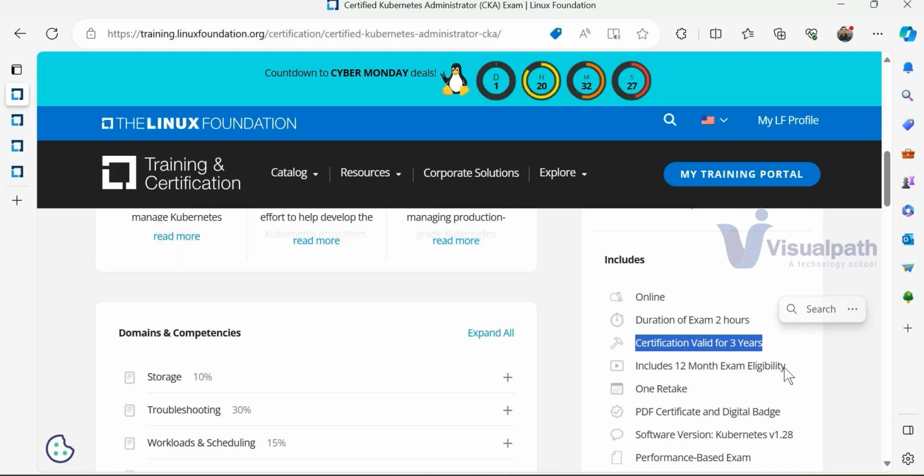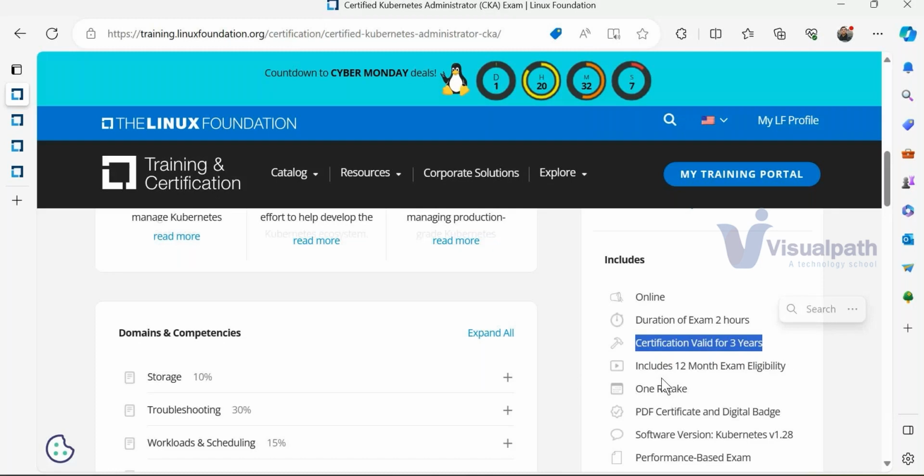So they also feel that you should upgrade your things, by upgrading the technology, because technology is not going to be constant, so that you can also do a rewriting of certification and get certified in the latest version. So that is the thought process, and it will be valid only for 3 years, because we are also sure that the technology will change.